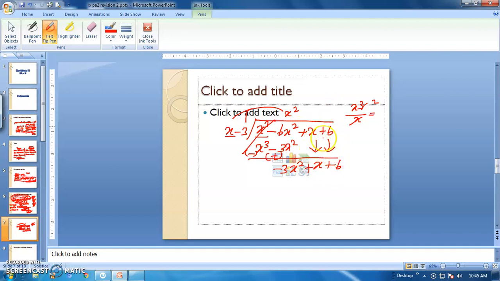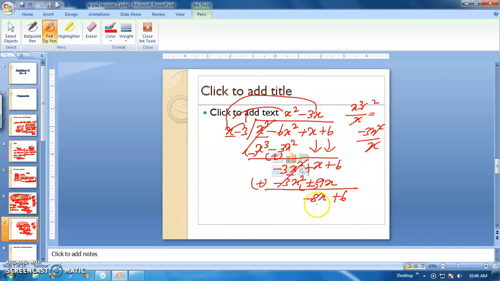So 7x plus 6, and then for the next one, divide the first term by the first term, so minus 3x square divided by x, so 1 x gets cancelled, so minus 3x only will come, so minus 3x. When you multiply minus 3x with x minus 3, minus into minus is plus 9x, so subtract it, so here plus, here minus, they get cancelled each other. What about here? So 7 minus 9, so minus 2x